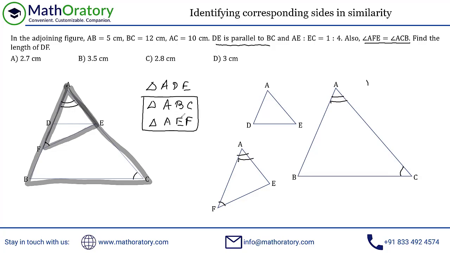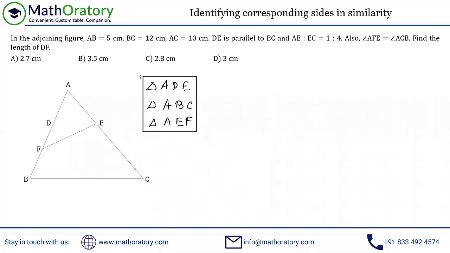So let me just take these things off and then I'll carry on with the solution. We have these three triangles, which are similar to each other, and I've taken the correspondence properly. So the vertices A have the same angles, and D, B, E with the respective triangles have the same angle and so on. Now, as I was mentioning, it is easy to identify the corresponding sides.